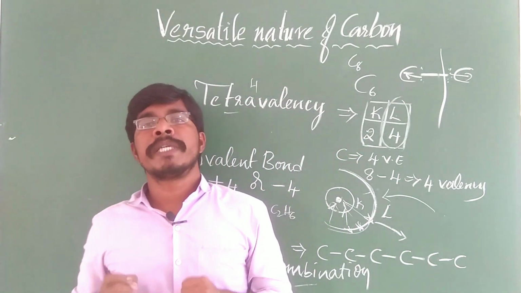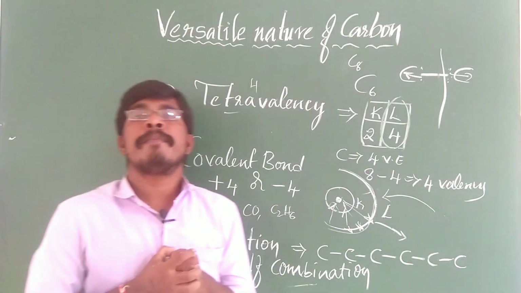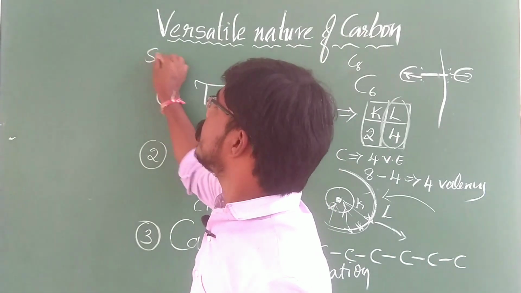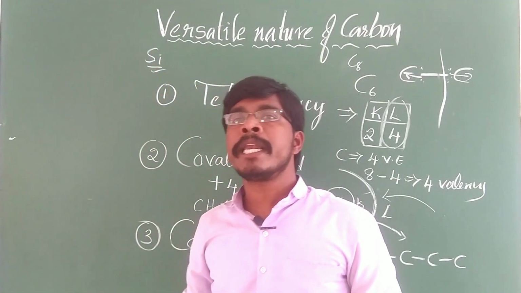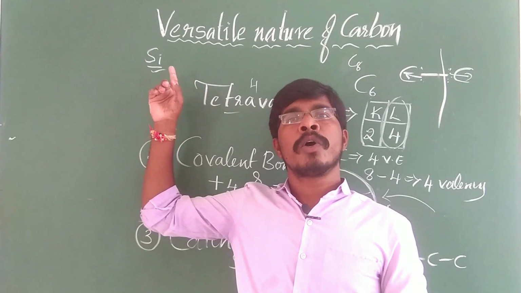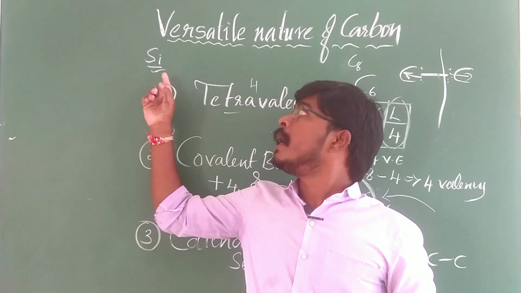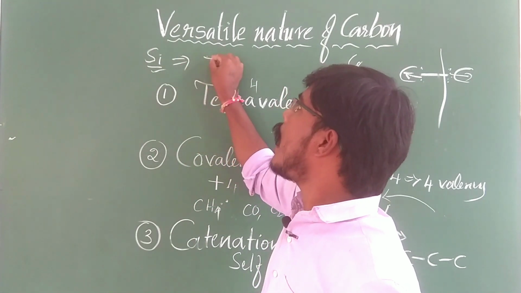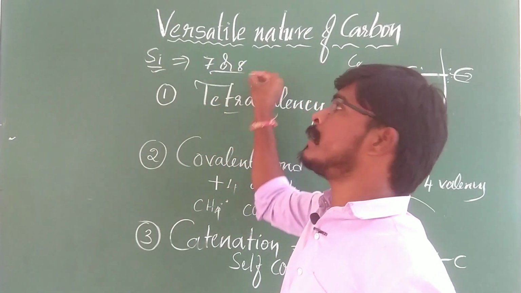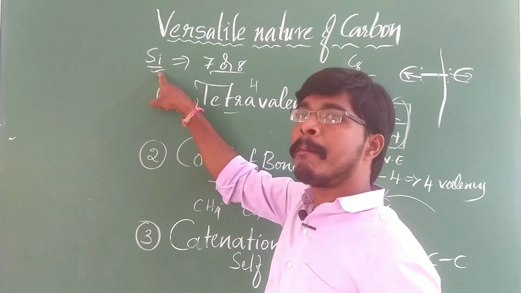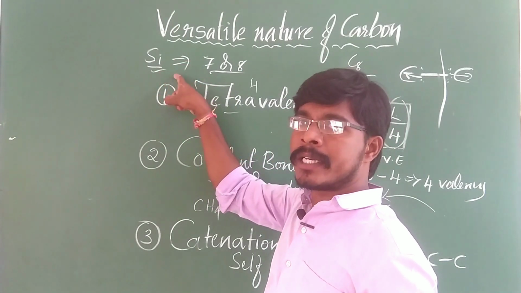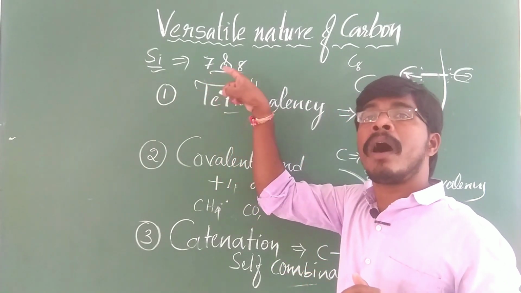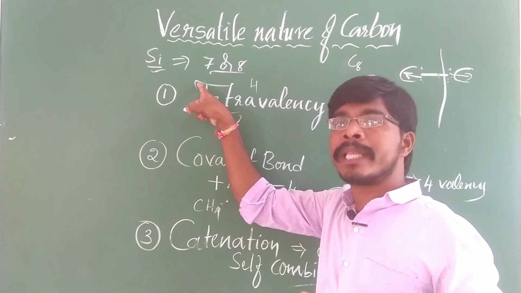So the carbon compounds here are very stable compounds. Another example I am giving here is silicon. Silicon has an ability to join itself, and it also shows the catenation property. But silicon can combine only up to 7 or 8 atoms. Silicon with itself combines to form a chain-like structure, but only up to 7 or 8 silicon atoms, not more than that.